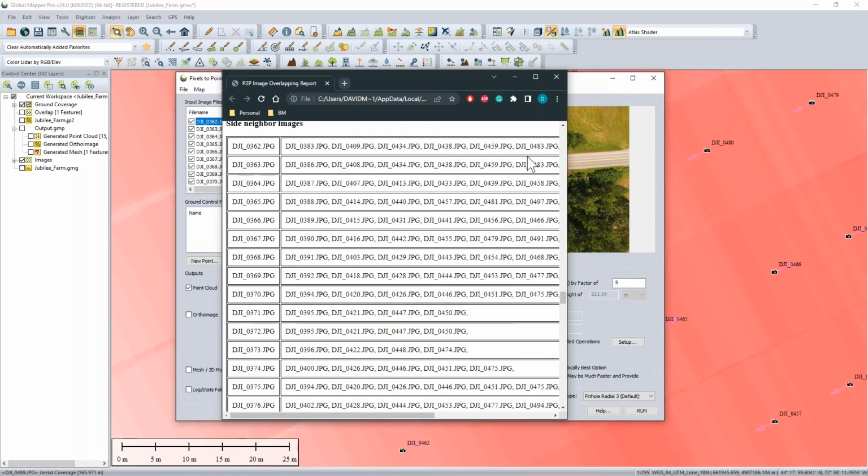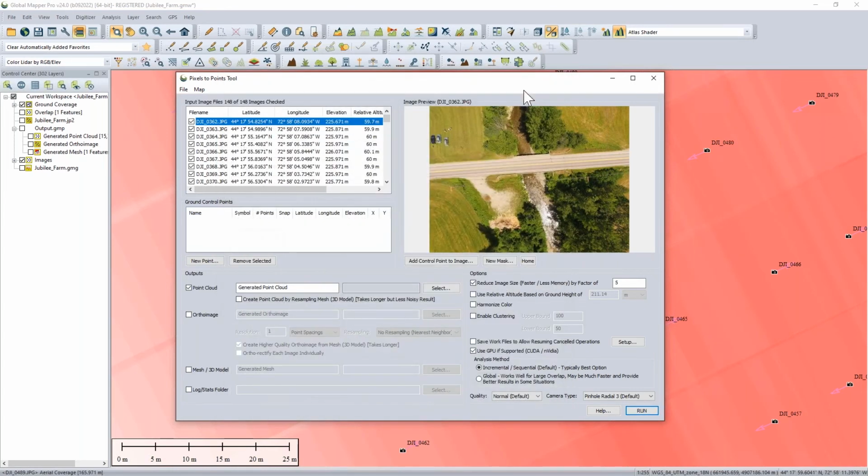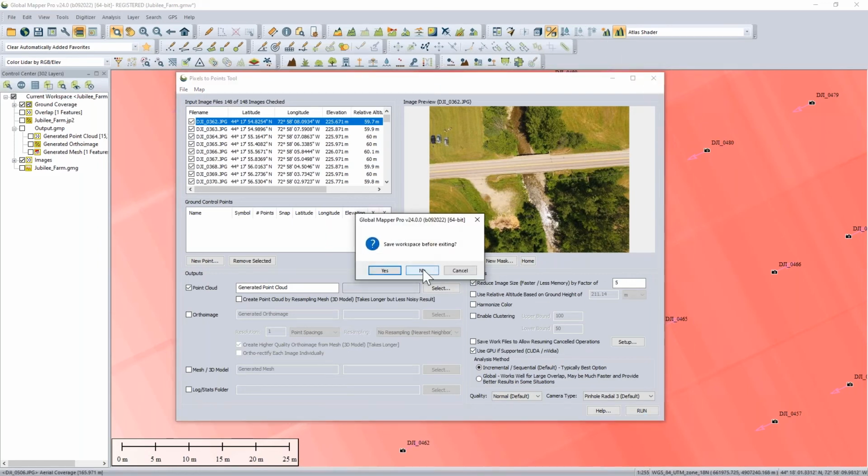Yeah, so, and then that's HTML. It'll open in your browser. Now, before you initiate the process, you have enough confidence or sufficient confidence to proceed. There's no point going through the procedure and then realizing after you've waited for that to happen that your overlap was not sufficient. So that initial report is a useful, almost pre-workflow QA process for your images. And I'm going to close the dialog box because I'm not going to go through the process itself,